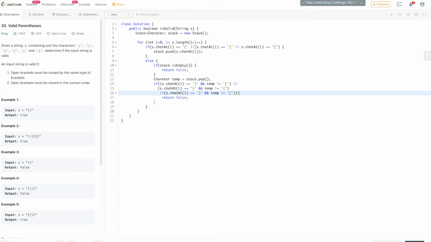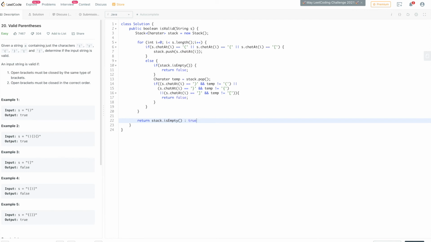Once we reach the end of this loop, we'll see if the stack is empty, meaning nothing is there in the stack, we can return true.